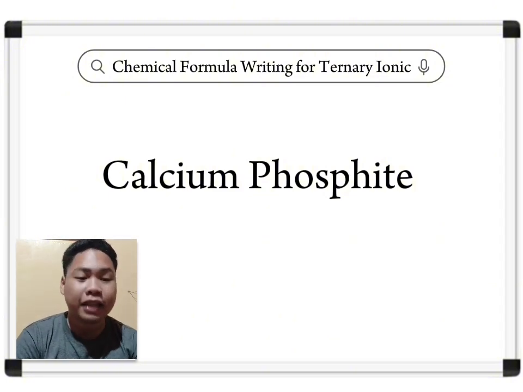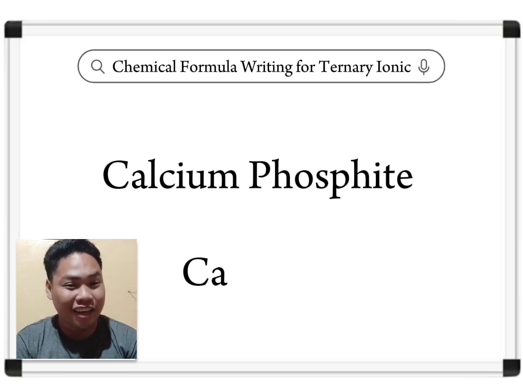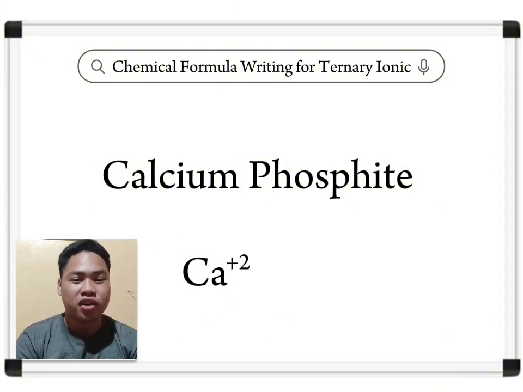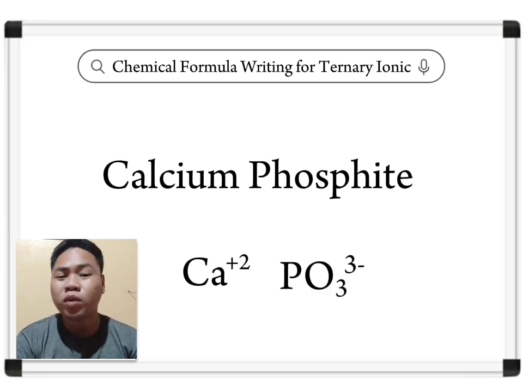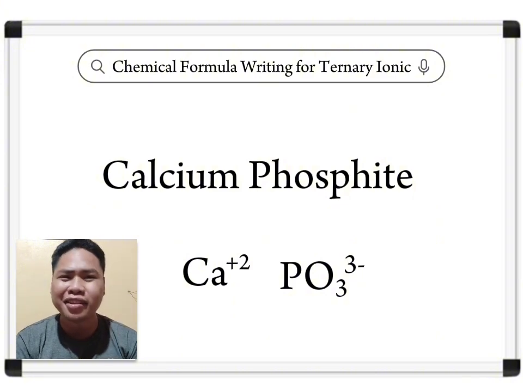We go to the periodic table now, and we can see that calcium has a symbol of Ca, and it has a positive 2 charge. The phosphide, we look it up on the common ion table, that's PO3, 3 minus. Since we have an ionic compound, we need to balance the charges. But with the positive 2 and the negative 3, and both of those part of the polyatomic ion, that's a little bit challenging for us to balance out.